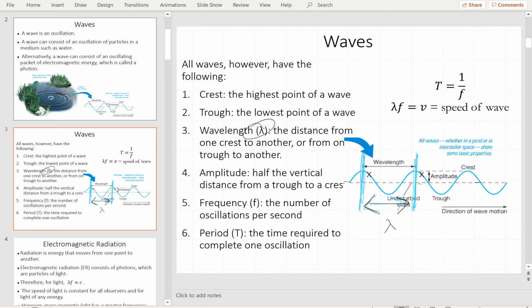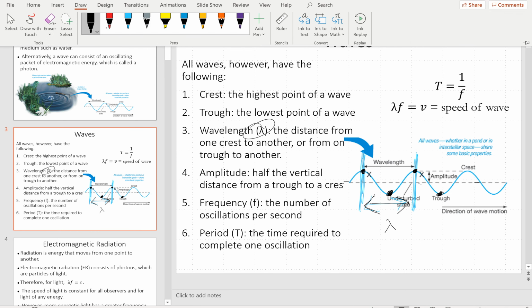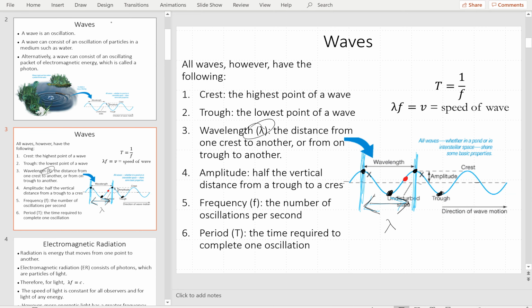And the point I was making before is that the wavelength is the distance between one crest and the subsequent crest, the next one, or, this is the same thing, the distance between one trough and the subsequent trough. These two distances are the same. Or you can pick any point on the wave. It doesn't have to be a crest or a trough. Let's say this point here, and then you just have to pick